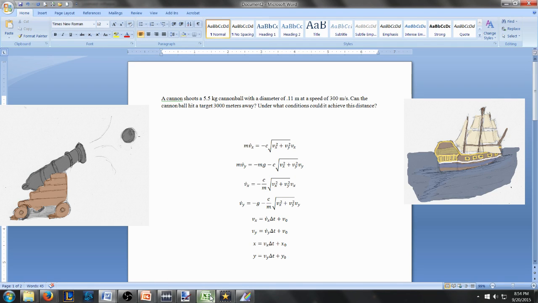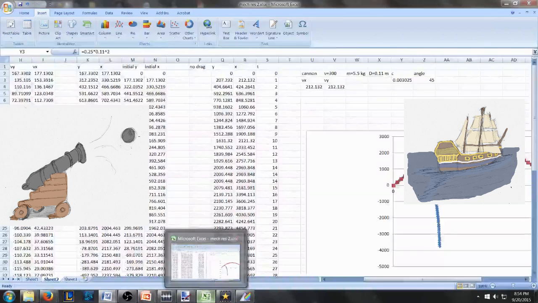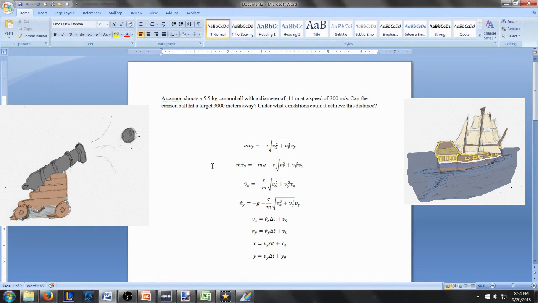So for this we're going to be looking at projectile motion in air resistance. We're going to use these two coupled equations, which I got from the Taylor Mechanics book. I've seen a few different equations for projectile motion in air resistance, but I'm using these, where C is the